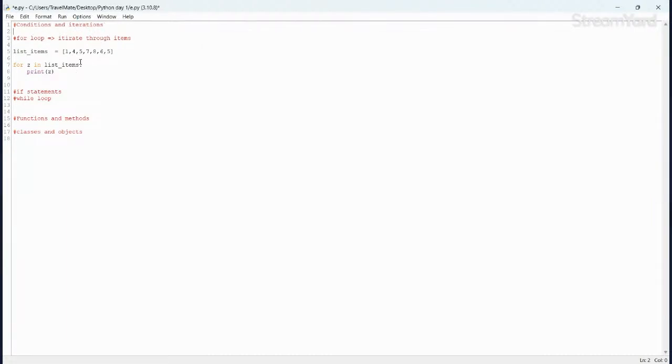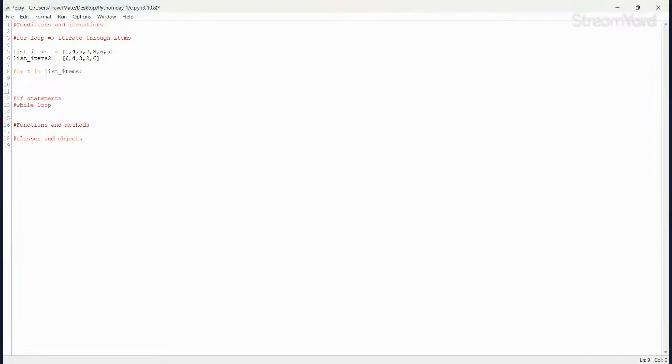And guys, you can also have multiple for loops, right? So for instance, if you had list items 2, let me say something like that. I wonder if this is actually going to work.